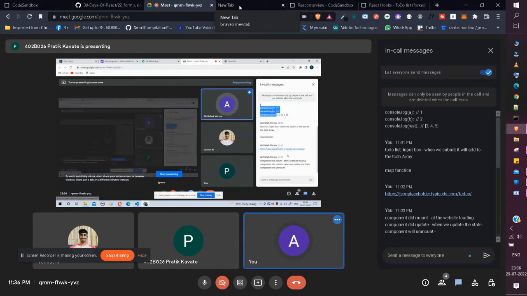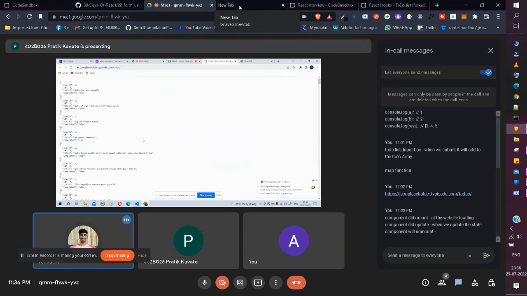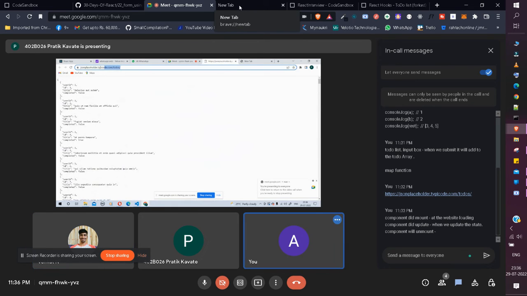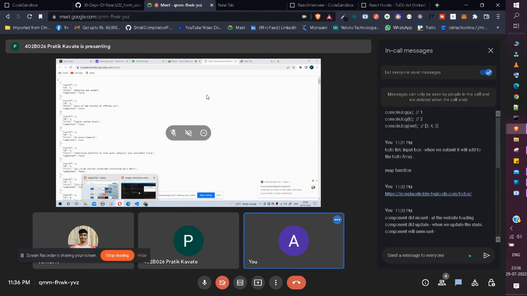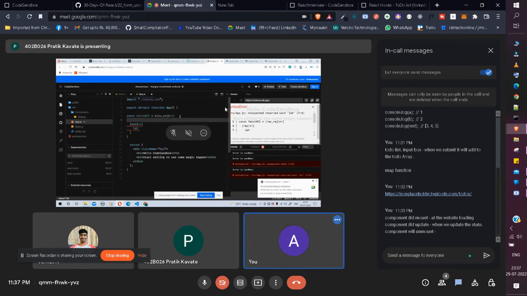Sample, yeah, this is a sample API. Just click on the link, you will see some random JSON data. Yeah, this is the sample output of the API. Just go to add dependency and add Axios. Okay, first you try to implement it via promise, and then